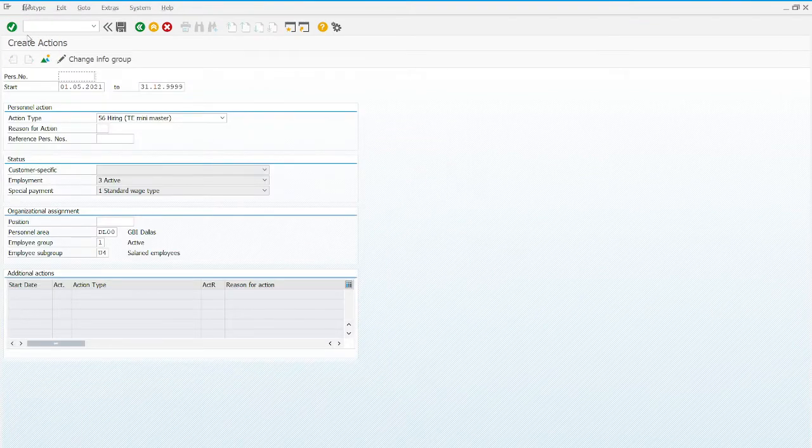Now it will bring us to the screen for create actions. So we need to find the position of Chief Security Manager, the one that we already assigned with the list of requirements for that particular position. Now, to find this position, we go to here,